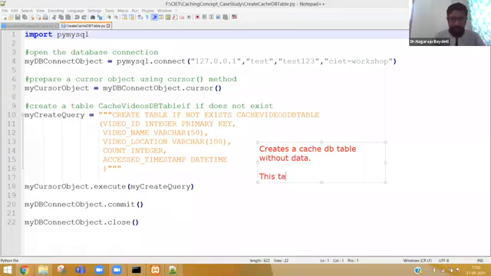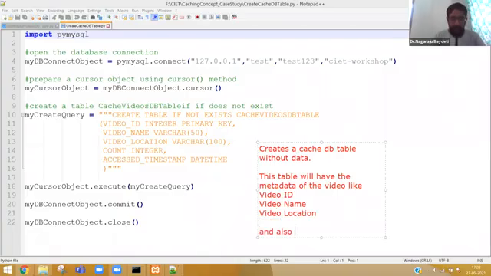This table will have the metadata of the video like video ID, video name, video location, and also two more columns: count, you know what is count?